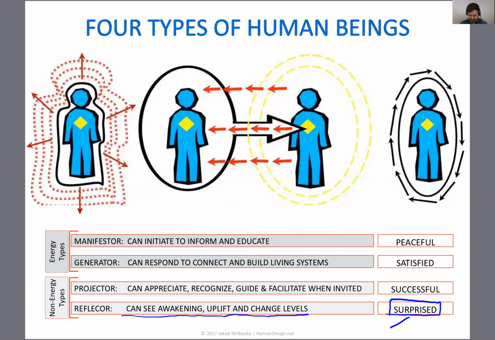That's the signature, exhilarating surprise, that they see something new, something different, somebody who is different, who's ready for the next step, who's ready to be unplugged from the matrix. Okay, so